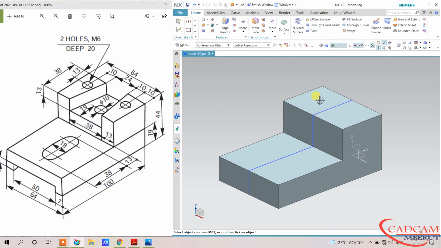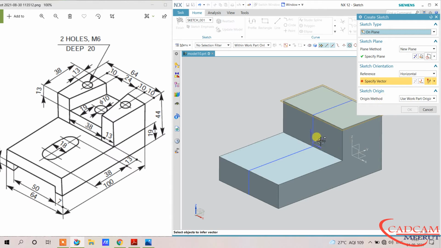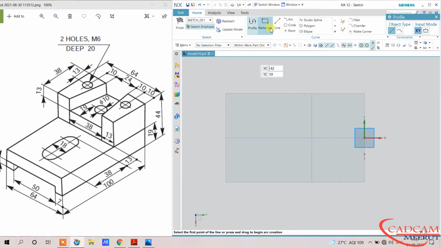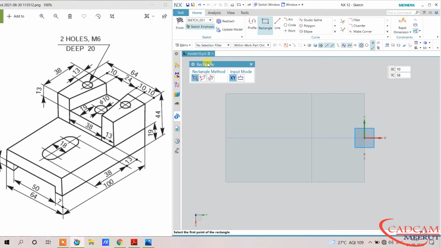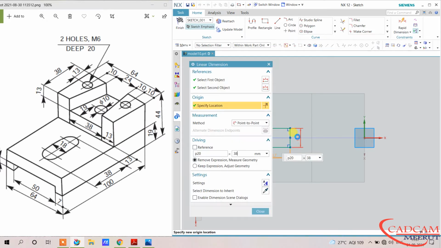Now I will go to this top view and I will create this shape with this option from center. So I will create a rectangle and the dimension is 38, so change it to 38.